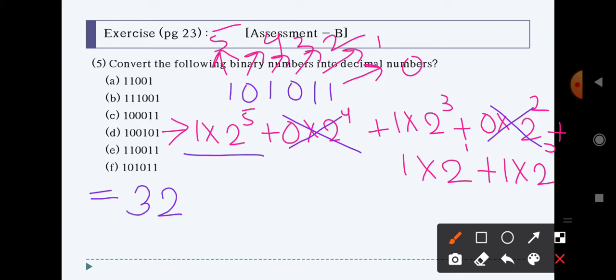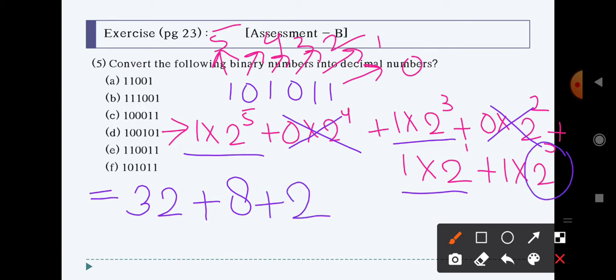32, when you multiply 2 five times, you will be getting 32. After that, this one 2 to the power 3, you will be getting 8. After that, 1 into 2 to the power 1, you will be getting 2, and 1 into 2 to the power 0. I already told you anything with the power 0 is going to give you 1, right? So 1 into 1 is going to give you 1. Okay, when you complete the addition portion, you will be getting 43 as your decimal number. Okay, so this is how you are going to do the conversion. Now complete all these steps, and in case you get stuck somewhere, just let me know. Okay, so this is about your fifth question.